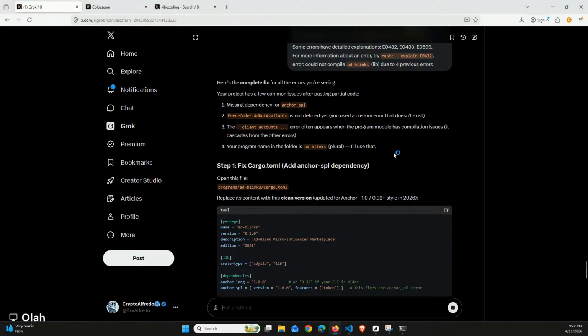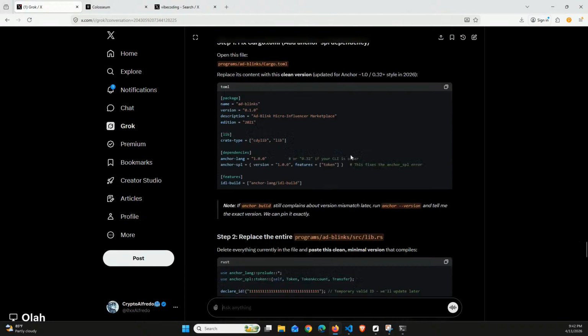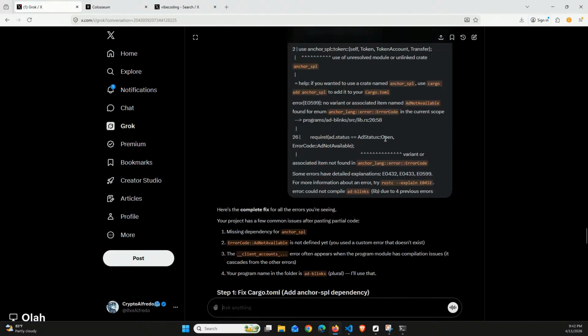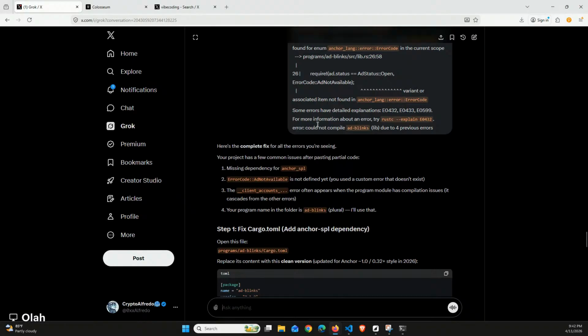Now I'll have to end the class here because we are way out of time. I wanted to do 30 minutes, but right now you know the basics of vibe coding, and you can just replicate what I've been doing. I've taught you how you can vibe code with Grok. So this is how you can build or participate in the hackathon. Just follow the instructions. If you're getting any error, paste it to Grok, and it will solve the issue for you. So thank you, everyone, and